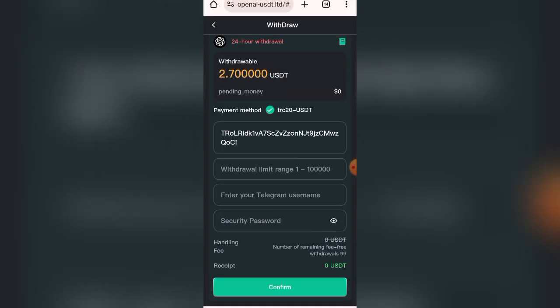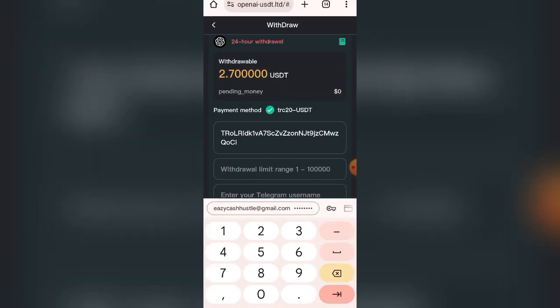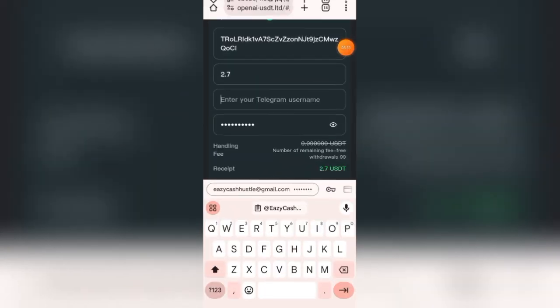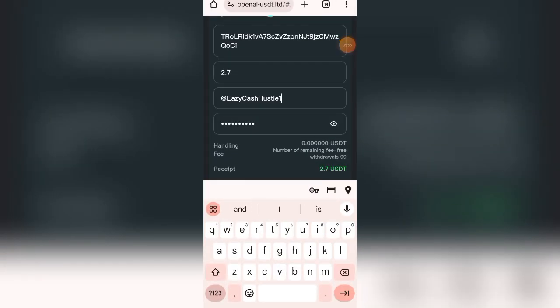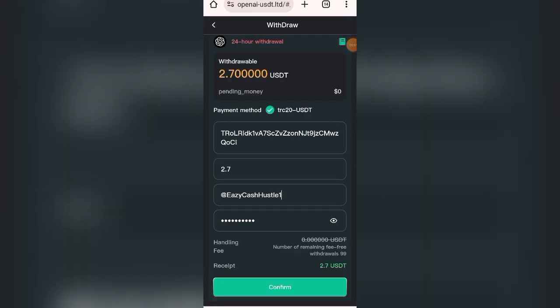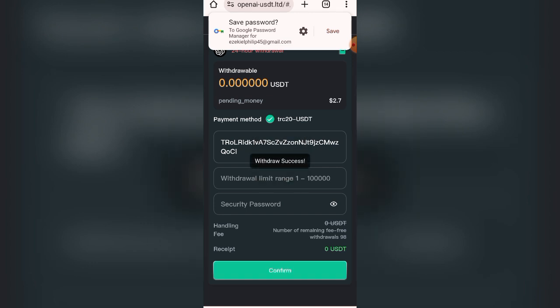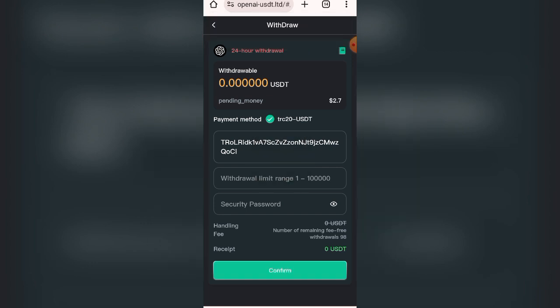I want to withdraw, which is 2.7 USDT. So I'll put it here, 2.7 USDT. So I'll come down here and put my security password and put my Telegram channel, and I'll click on withdraw. And once I click on withdraw and confirm now, you see I'm going to withdraw this to my money. This is withdraw successful. So I'll go back to my exchange now and check if this money has been deposited